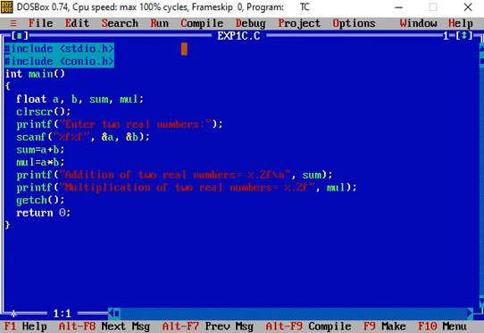So we compiled and ran this program without any bug. Suppose when you write the code for the first time, some bug may be present. Let us introduce some bug in this one.